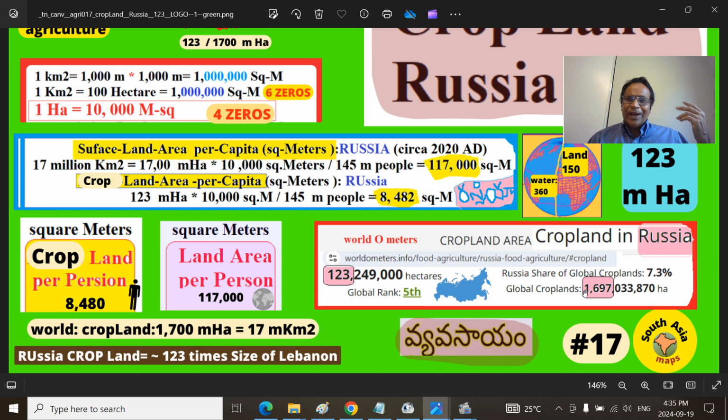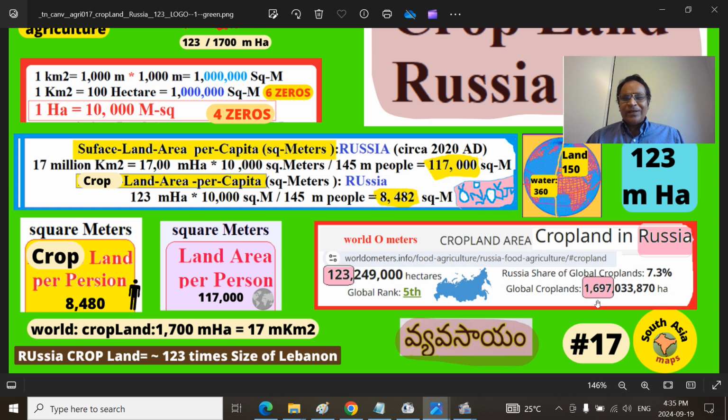Add 2 more Egypts, 17. 17 Egypts is the cropland in the world. 150 units is the surface land. 17 units cropland means 17 million square kilometers. 17 add 2 zeros, 1700. That's exactly what it is, around 1697, we made it 1700 units is the cropland in planet Earth,